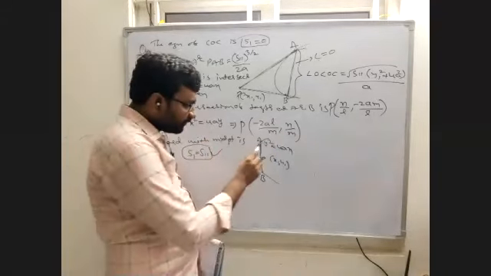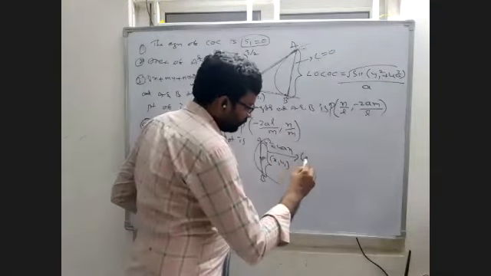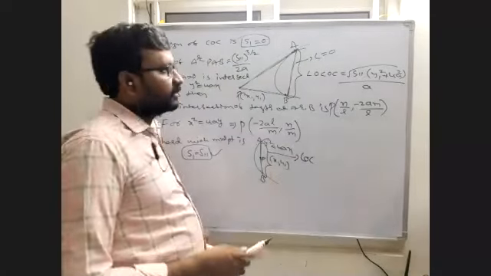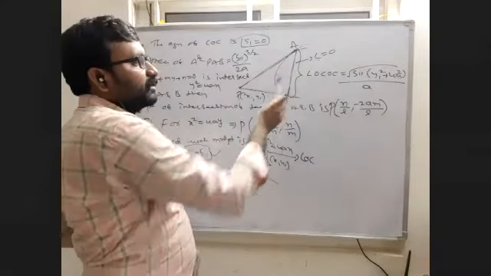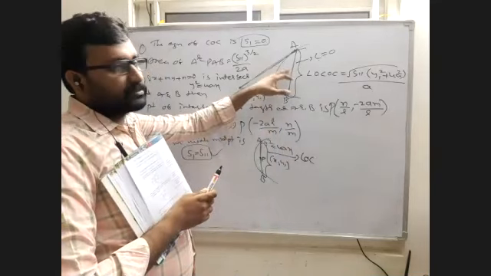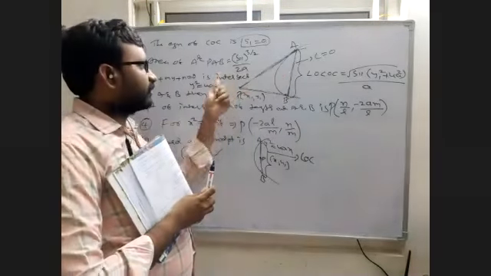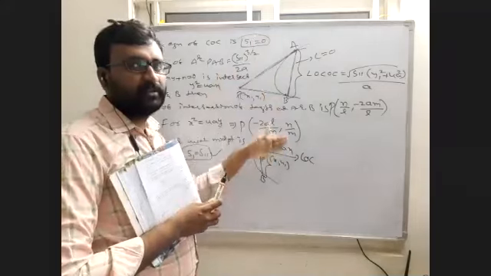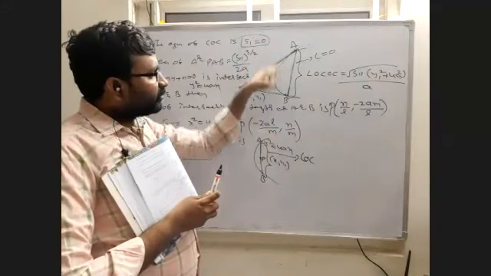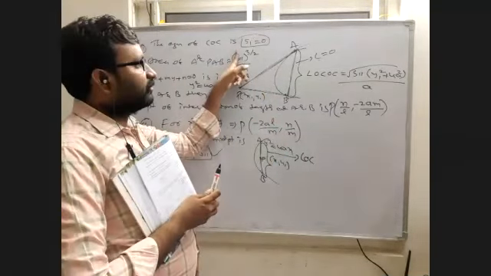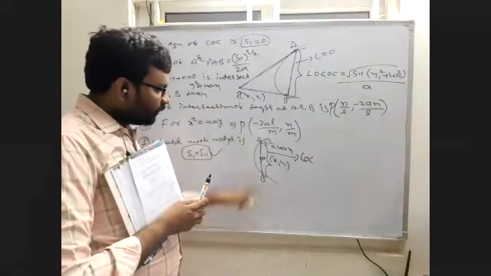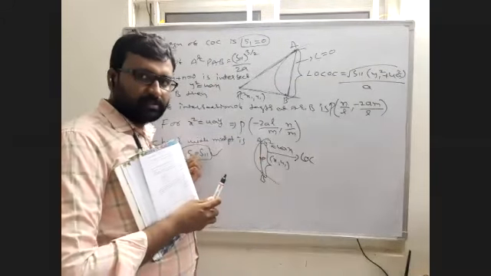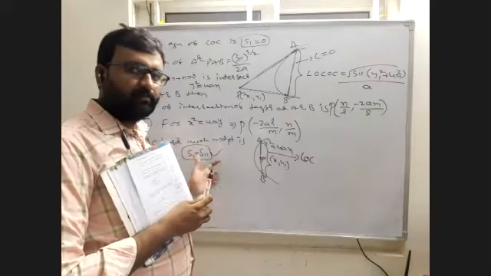And how will you find the length? Length of chord with midpoint. Length of chord here, the midpoint is not given. Here a point is given, to find the point of contact, then we will get it. The point of contact comes, S1 equal to 0, and the length can be found. If the midpoint is given, the chord equation comes, S1 equal to S11, and again the length can be found.